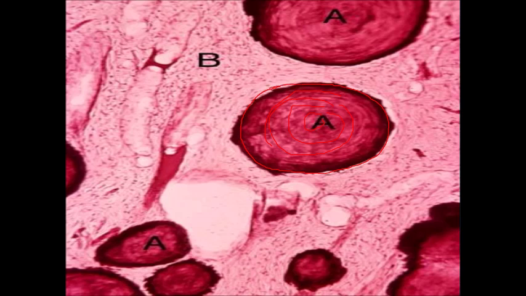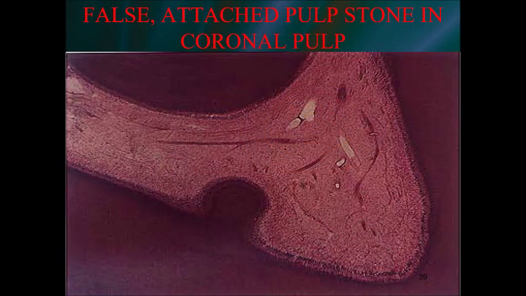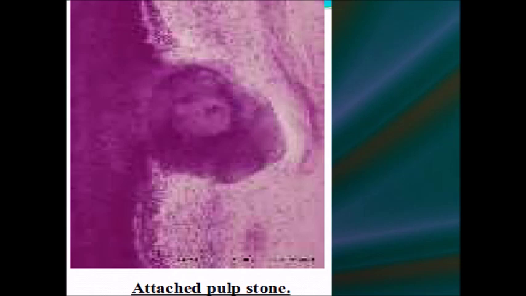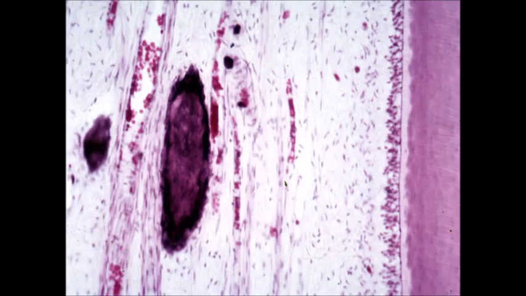Look at the number of these pulp stones inside the pulp. This is an attached pulp stone, a false attached pulp stone. This is another pulp stone attached. Also, we can see sometimes